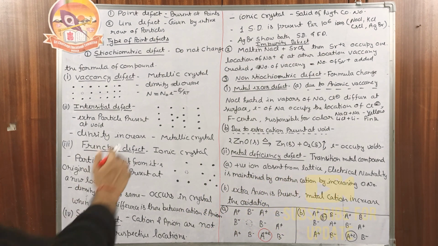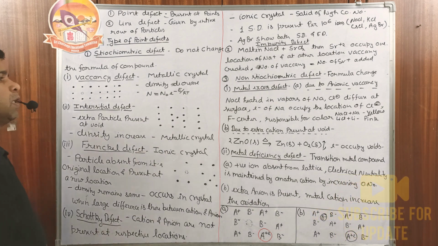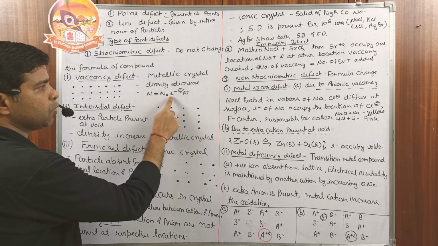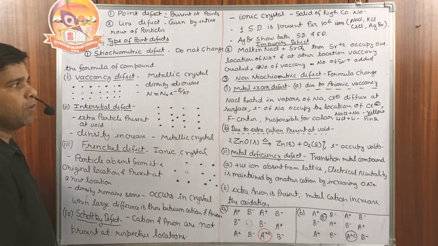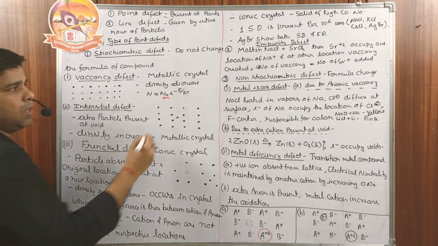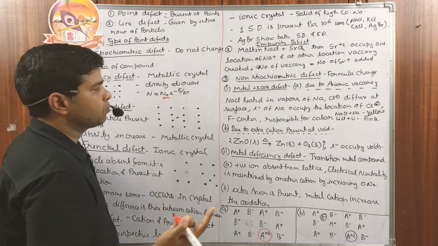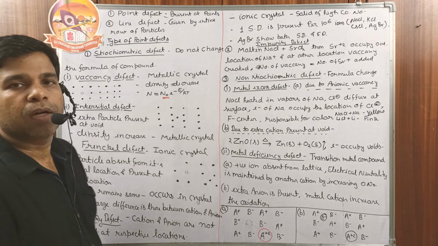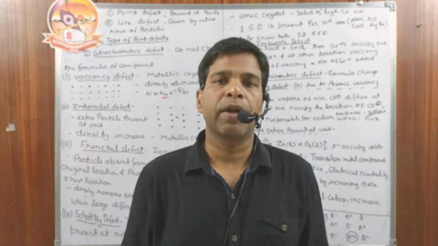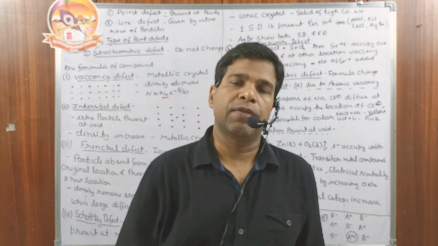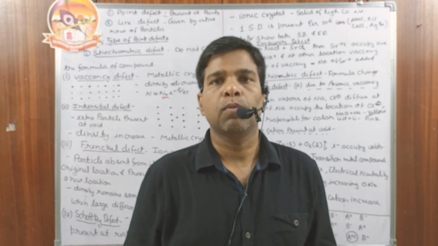density always decreases. Then the number of vacancy defects is n = n0 e^(-E/RT), where n0 is the total number of particles, E is the energy to create one defect, and T is the temperature. Since defects are entropy driven in nature, higher is the temperature, more is the formation of the defect. More defect formation becomes more spontaneous in nature.